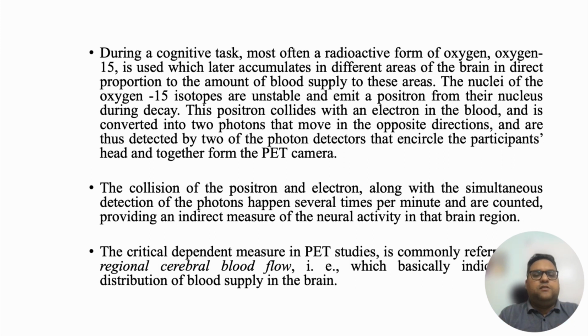So it is at these sites the photons will be detected, and that is how this technique allows us to mark that region X, Y, and Z was involved in task A, and regions A, B, and C were